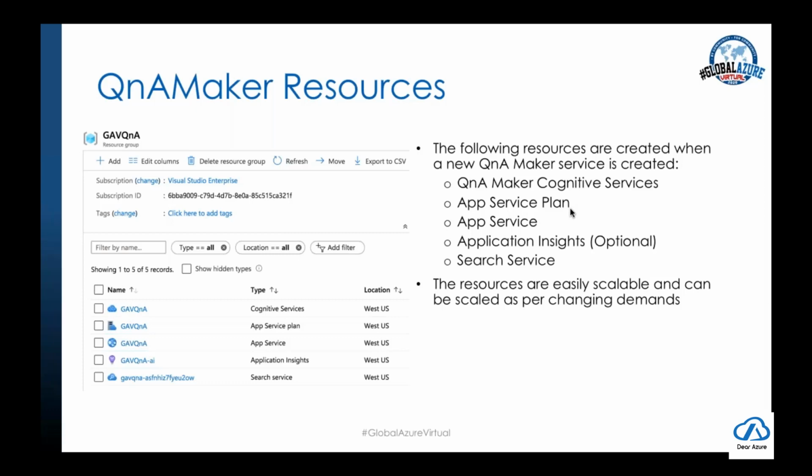Then we have an app service plan that consists of an app service. And next up, we have the application insights. This is an optional resource. You can either enable it or disable it, but this is used for your logging and monitoring stuff. And lastly, we have the search service. The search service is the main search index that would store the list of all